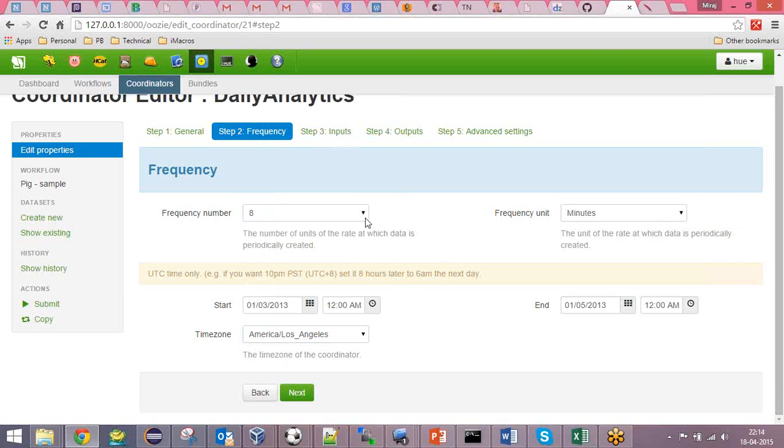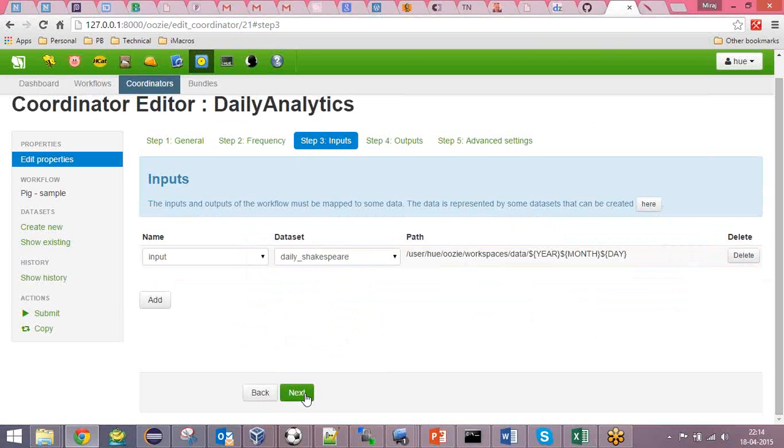So what is the frequency, does it need to run after every 1 minute or after every 1 day? The start time, what time does it need to start? What is the end time? And this time is given in which time zone? So this is the time zone in which this time is given. And then if there are any input parameters to that flow,